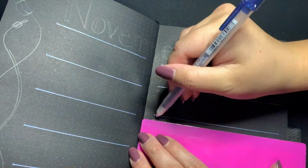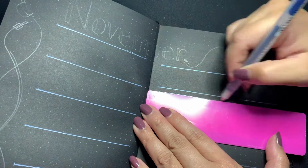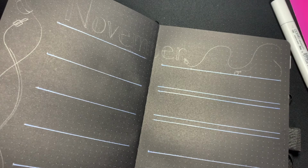So then I had to fix it, and this is where I forgot to press record after I stopped it, so it's going to skip a little bit. Sorry guys. But I use a black marker to fix it, and of course you know that since it is metallic, it does not 100% get rid of the line like it would on a matte, opaque